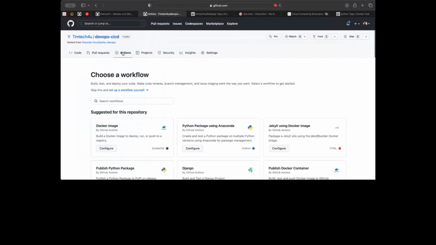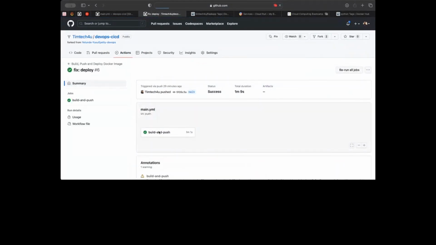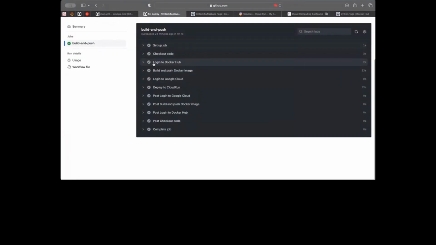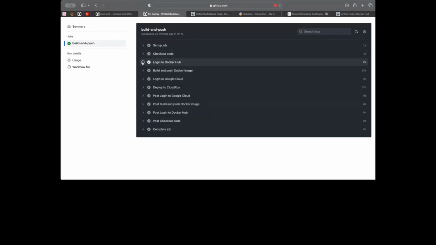So this is my actions, the last actions I ran. The last actions I ran was able to deploy, so I'm going to click on it. It took just 1 minute, and in 1 minute, it was able to do all of these things, right? It checked out the code, that's like copying the code base, and logged into Docker Hub using my credentials, and I'll show you how this was